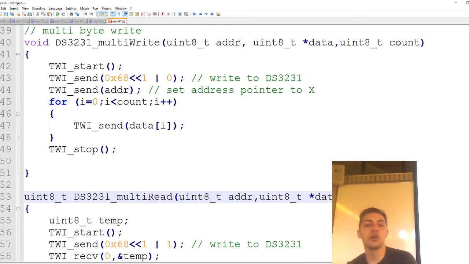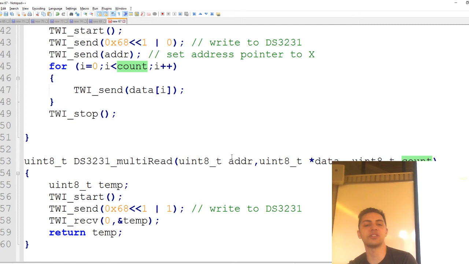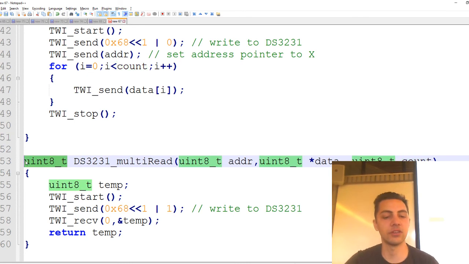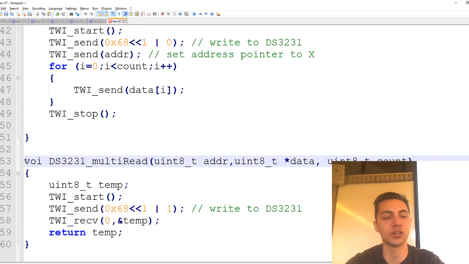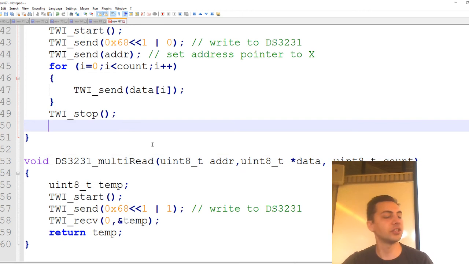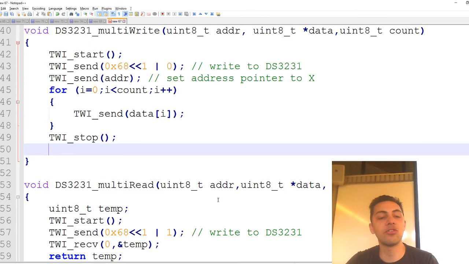Here we say write to this address this data, which is in an array, and this many bytes. Here we're saying read from this address, put the data here, read this many bytes. And so probably this is more of a void function. All of these are polite suggestions, okay? You can go to town with this. So to do